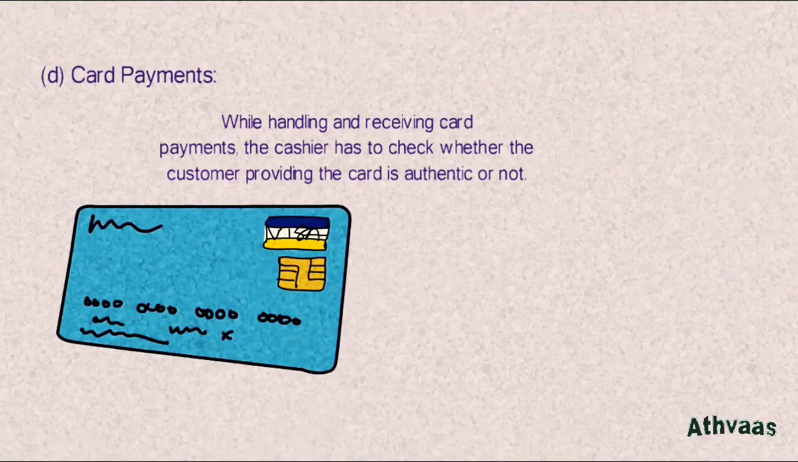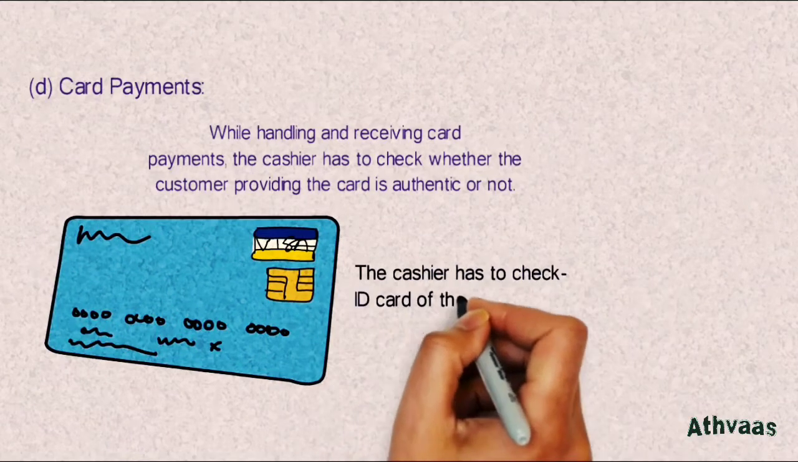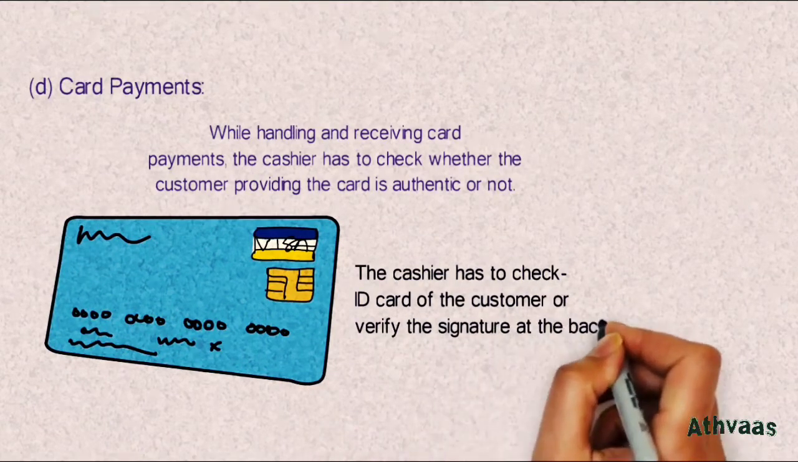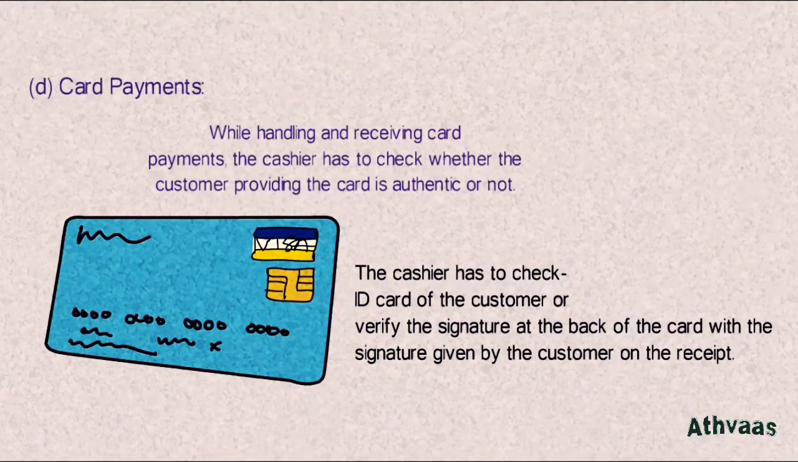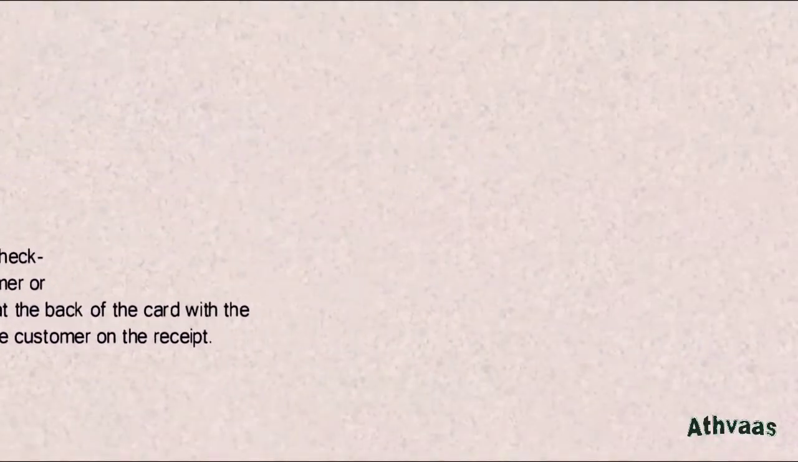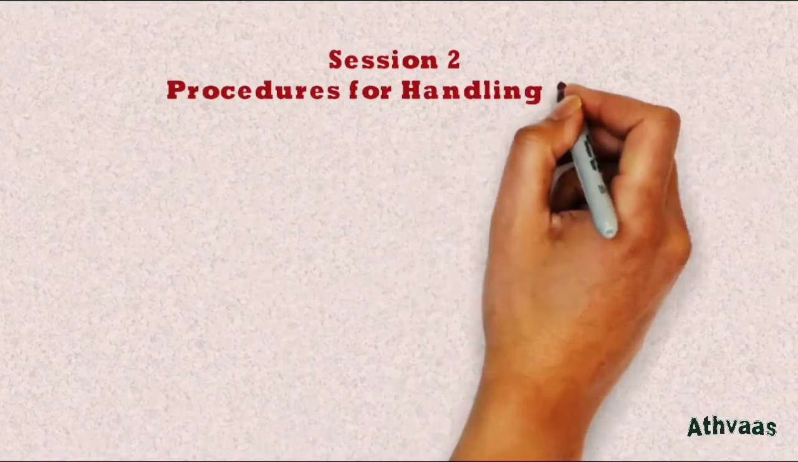There are different problems that happen with the cards. The cashier has to check the identity of the customer, the verification signature on the back of the card, and whether the signature given by the customer is the same on the receipt. Customers can use different methods to fool the cashier. Now let us see what the procedures are for handling cash payments,